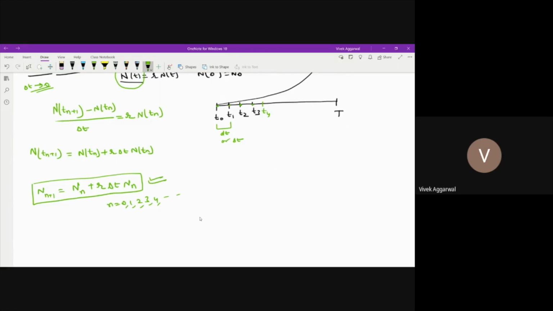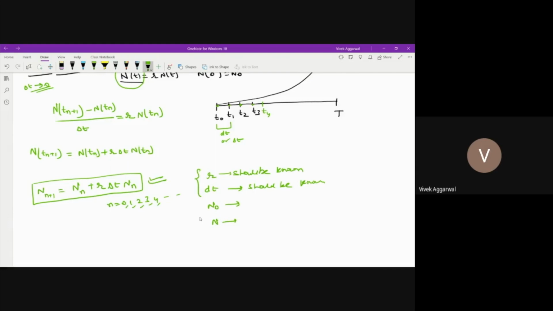Now to start with this, I should know the value of r. Dt, that also I have to give, because dt should be there, r should be there. Only then can I start with the equation, and the n0, that also should be there. So these three values should be known, and also the number of time steps, how many time steps are needed, because it depends on how long I want to go.